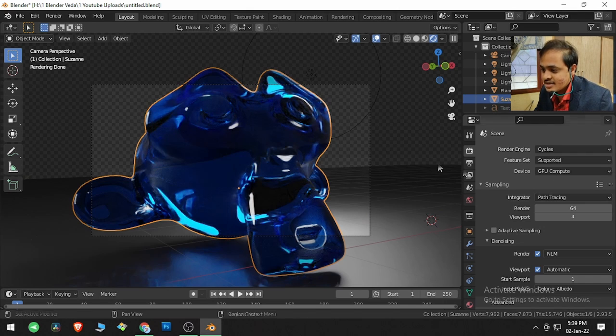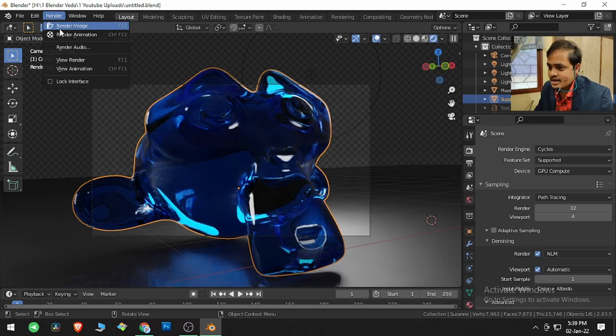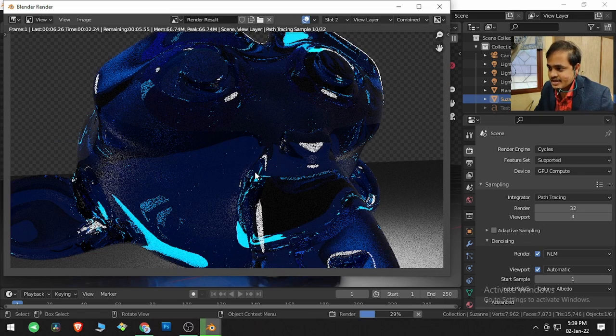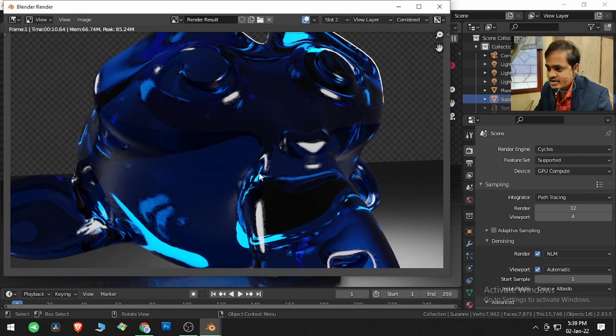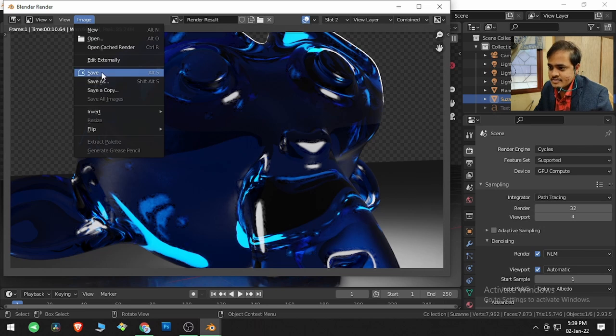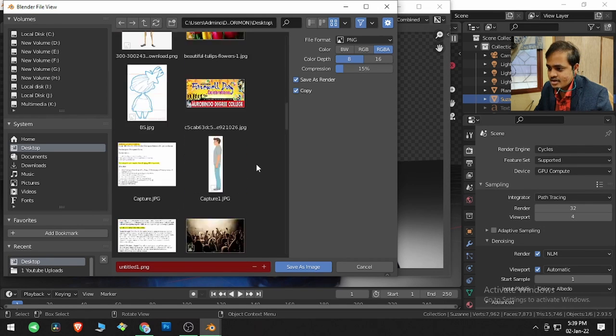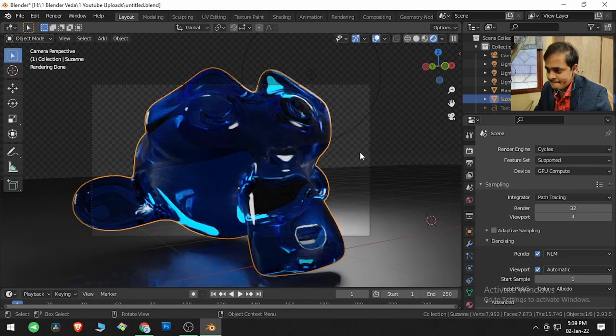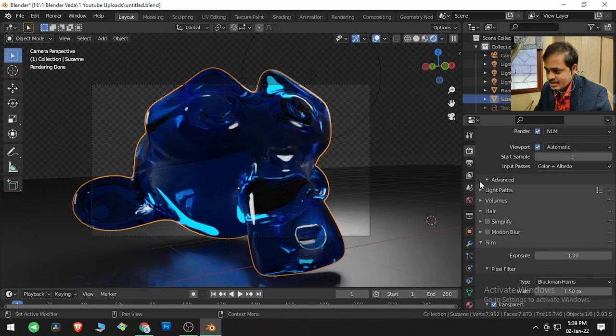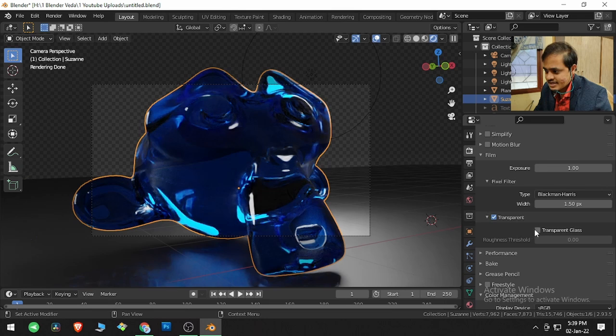So with that being said and done, let me reduce these samples a little bit and render this image quite quickly. And this image has been rendered, and here if I click on the save button and click on plus and save this image, and then in the transparency, if I click on transparent glass, it is going to create a transparency over here which is refracted.